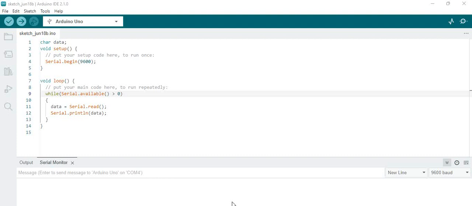Hello all, here is a simple code to read the serial port data, which basically is input from a laptop or any other device that is connected over RS-232 port, or basically the UART port these days. So for this we have a character variable that is declared, and then the serial port which is running at